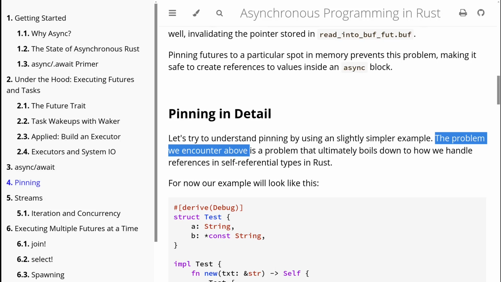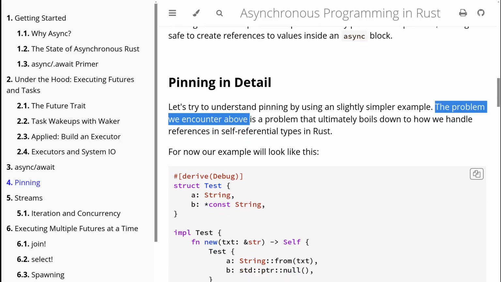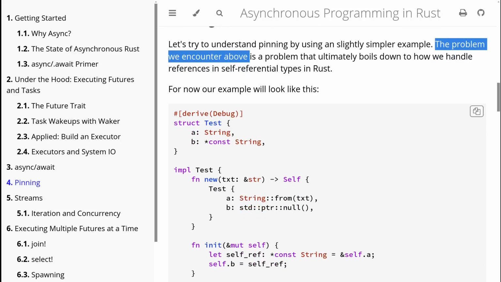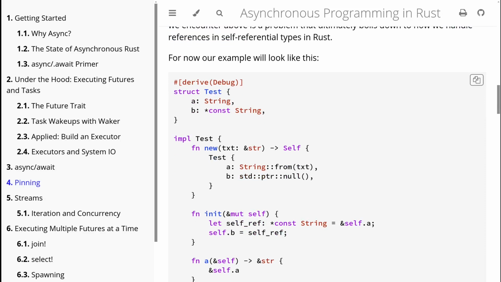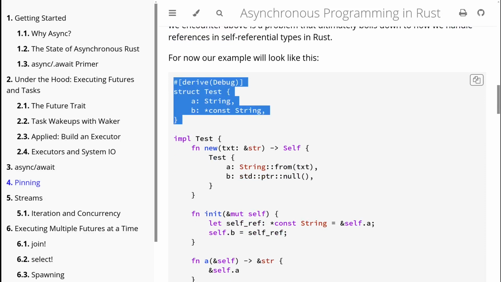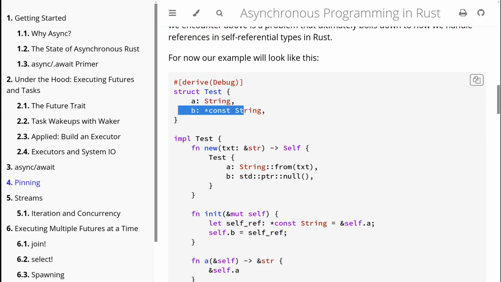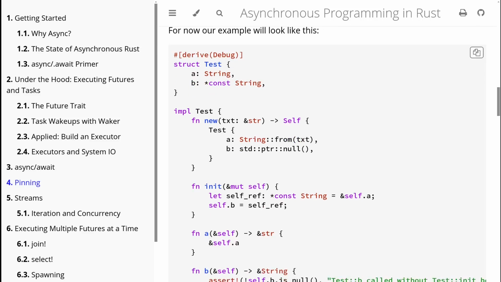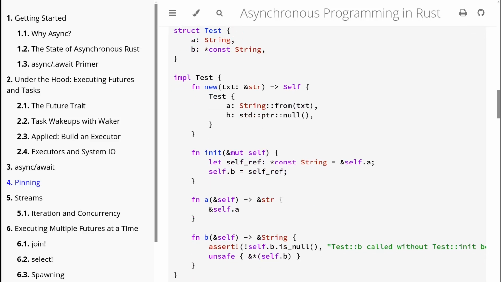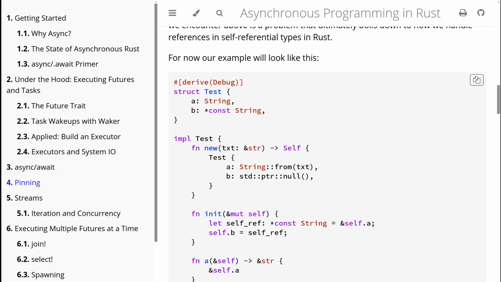The problem we encountered above ultimately boils down to how we handle references in self-referential types in Rust. For now, our example will look like this. We have a derive Debug, we have a Test struct, it has a string and another constant pointer to a string. It has a new method. It's gonna create a